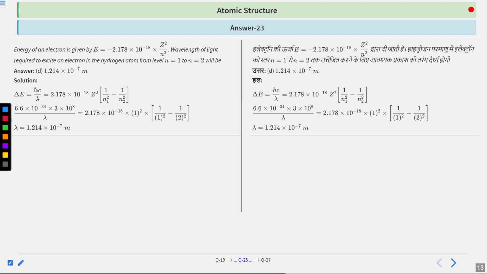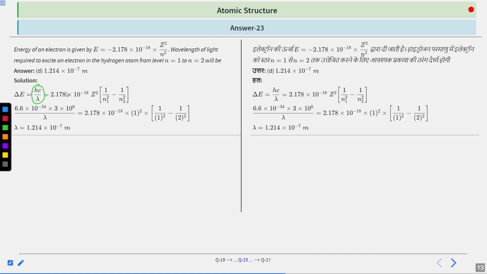The explanation is ΔE equals hc by lambda. It's very easy to know. E is equal to hν, so ΔE is equal to hν. So how have we written this? Because ΔE is basically the energy gap between n equals 1 and n equals 2, and we have to do the transition by applying this much energy. For calculating the energy of this magnitude, we simply use the formula hc by lambda.